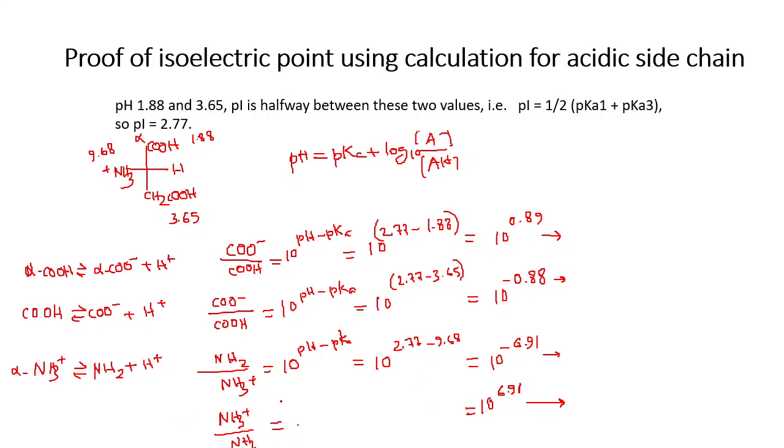How we do the percent ionization, we discussed in the last lecture. So these are the percent ionizations. For the alpha COO minus and COOH group, it is 88.58%. For the side chain group, it is 11.64%. For this group, let's just ignore this one. And for the NH3 plus by NH2 group, it is 99%. So what does it imply? It implies that 88% of the COOH would be